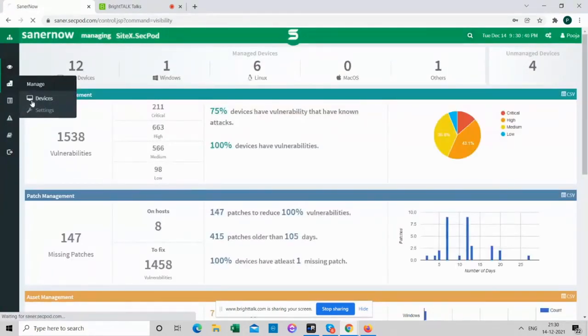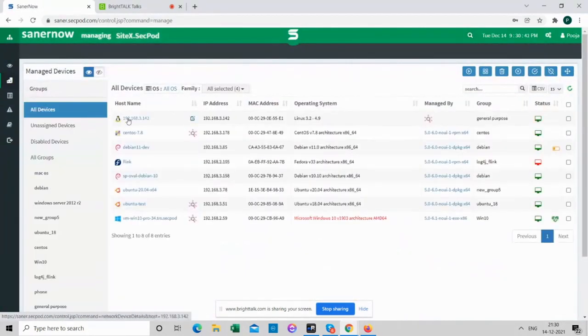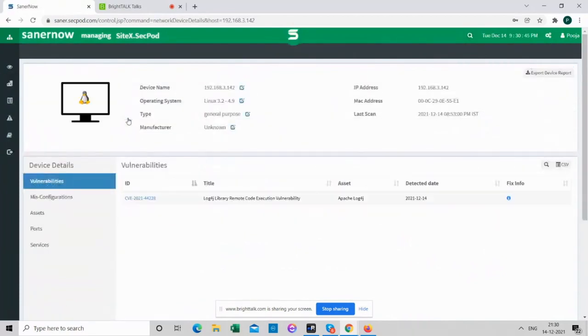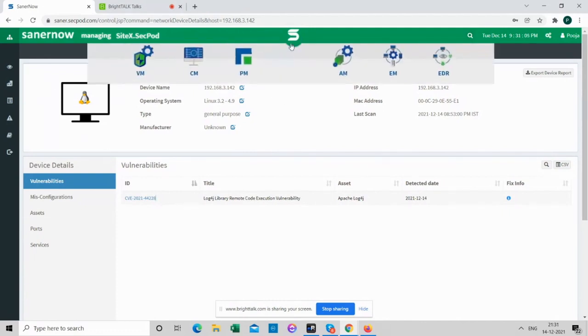Now, if you go to the devices page and check for the network, this is a network device that has been scanned, and you can see that the same vulnerability that we were talking of is detected here as well. So we use this combination of both local and remote checks to ensure that we have complete detection and complete visibility in an environment. Now, once we have detected, again, log4j has been challenging in many ways. Once we have detected that it is vulnerable, we want to patch or mitigate this issue.